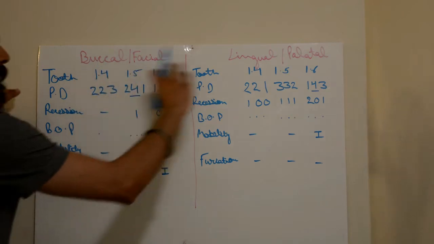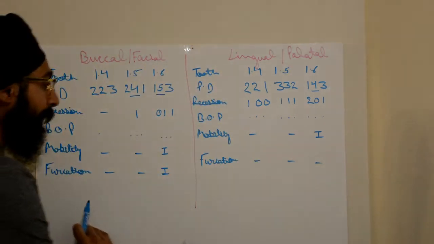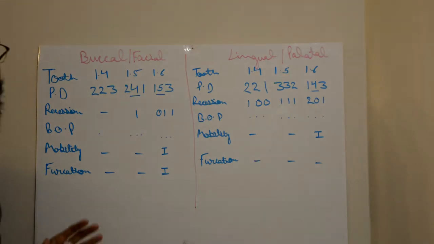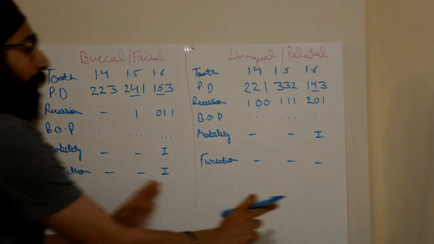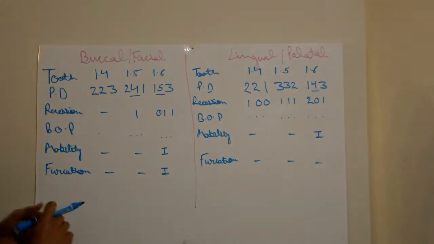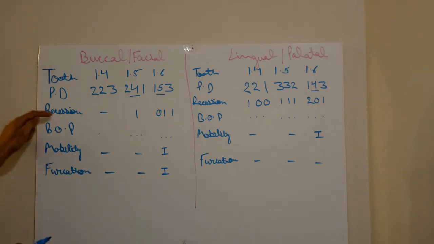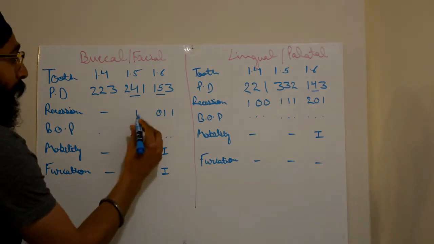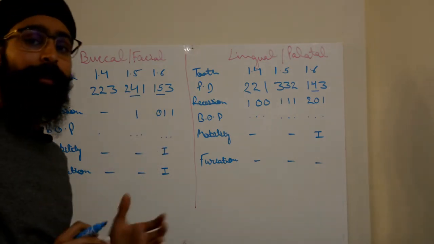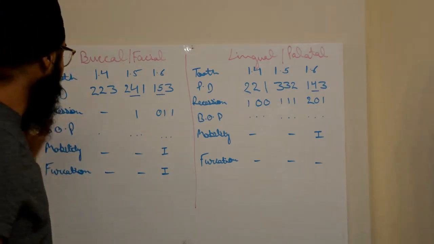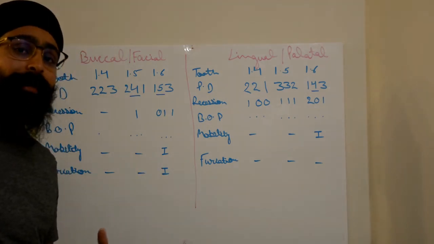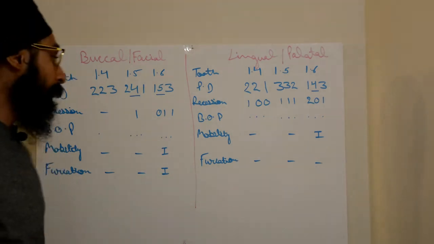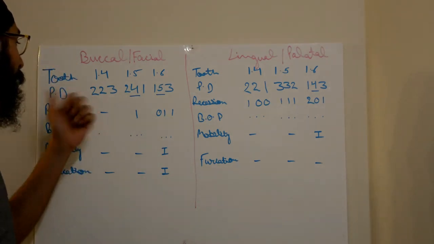Sometimes the buccal surface, then the lingual surface, and then mobility and furcation is given, and in this way a chart is given to you. But because my whiteboard is of smaller size, I had done it separately. Friends, now since we know there is recession present, if we want to measure the clinical attachment loss, if you remember what clinical attachment loss was, in case recession is present, and recession means when the gingival margin is present apical to the cemento-enamel junction, in this case we always add recession to the probing depth.